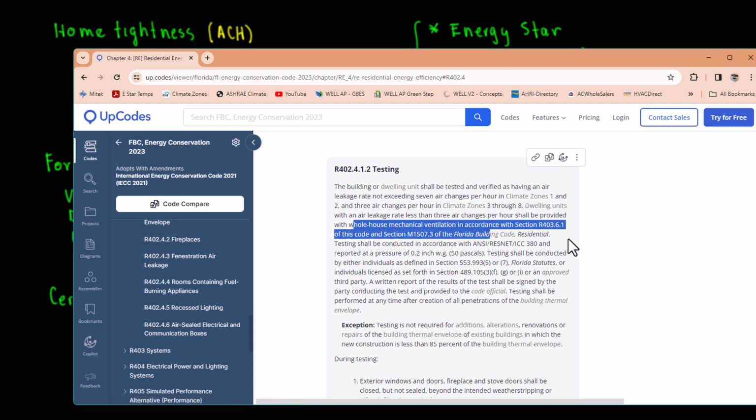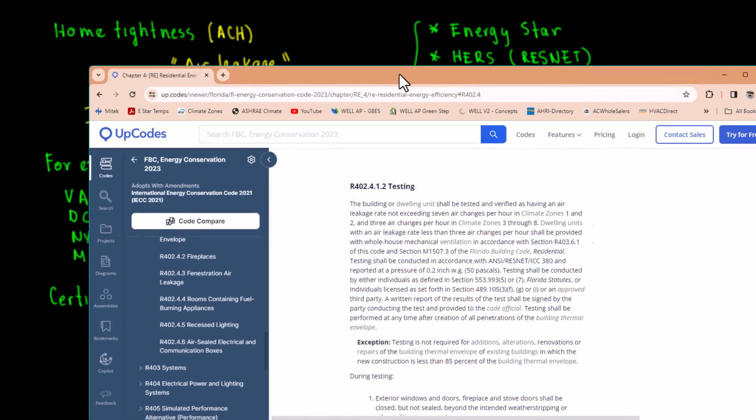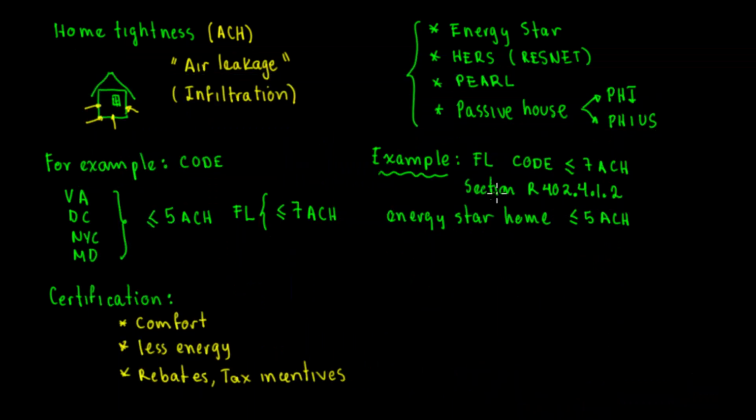Okay, so the whole house mechanical ventilation system is the one that we know already. We can still check this mechanical ventilation code, M1507.3, and analyze it deeply again, but the main purpose of this video is to talk about air leakage.